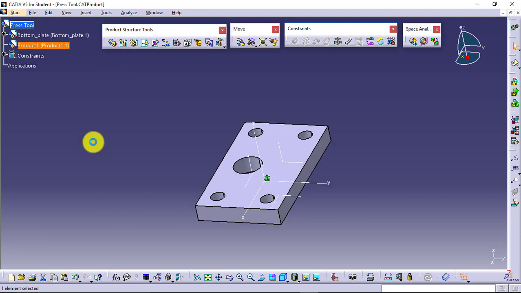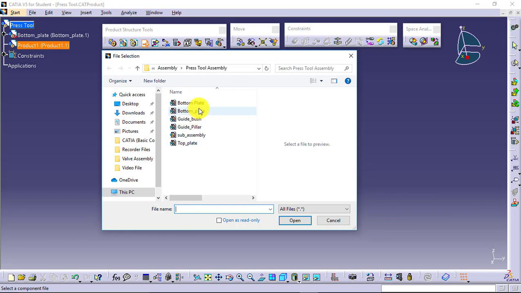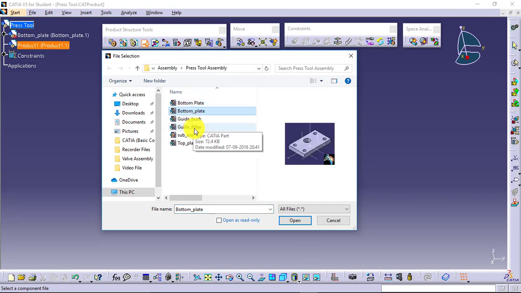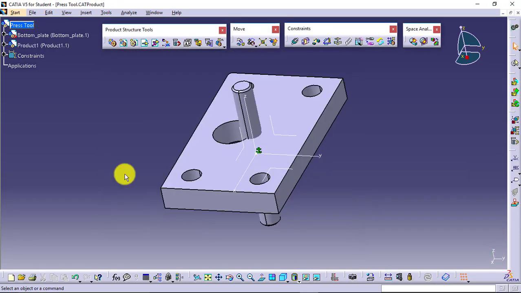Where? Here. So a product will be added. Now whatever part I want to insert or I want to keep in the sub-assembly, I will insert those parts here. So existing component, not in this, I want in this. Select this, say guide pillar, open.